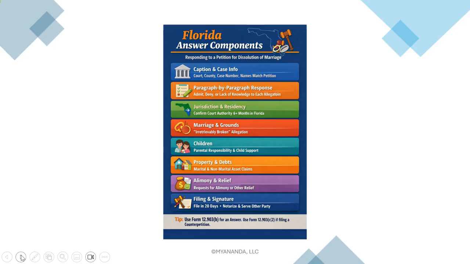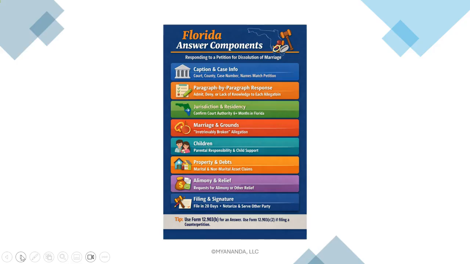Where they do have the correct allegations for marriage and grounds and parental responsibility and child support, etc., jurisdiction, debts, alimony, those are all going to be in the petition for dissolution of marriage. And so they'll make allegations in the petition for each of these areas.